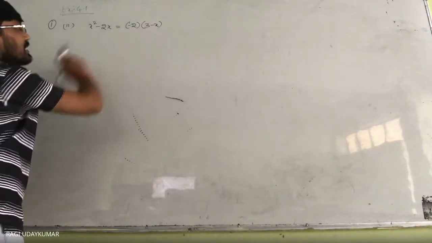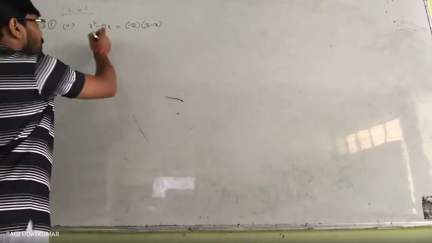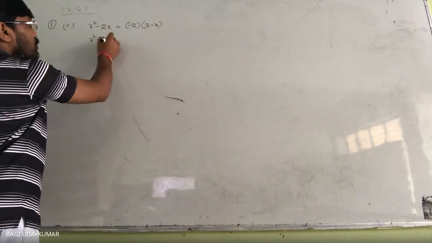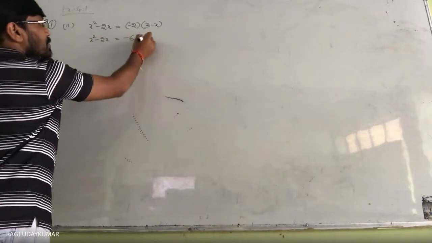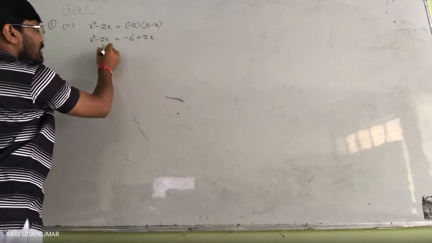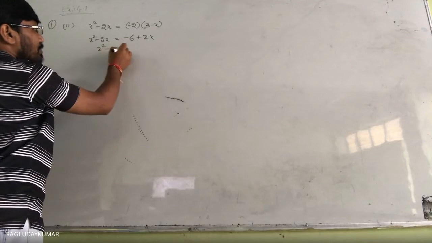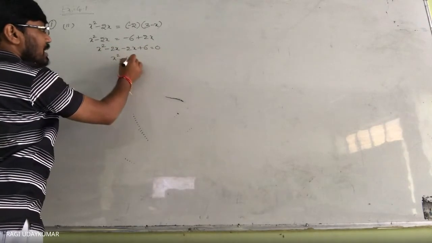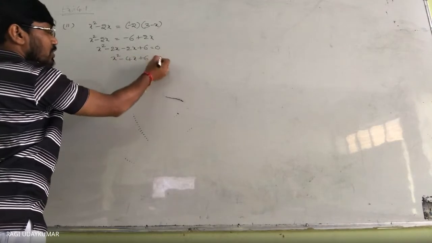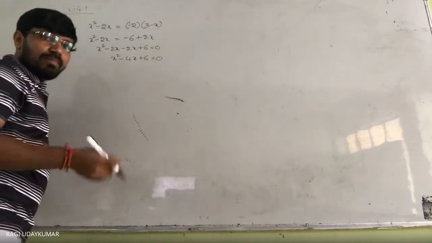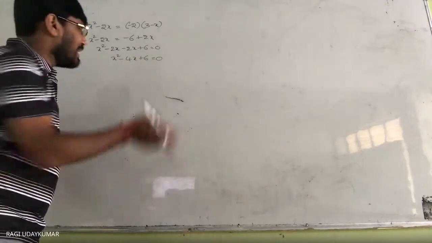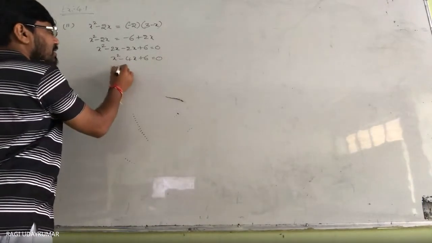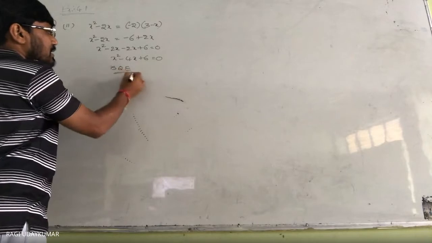So whenever you see this one, how it looks like here, I'm simplifying x square minus 2x minus 6 plus 2x. We are getting x square minus 2x plus 6 is equal to 0. x square minus 4x plus 6 is equal to 0. This is ax square plus bx plus c form. It is there, and a not equal to 0. a, b, c are real numbers. Therefore, this is a quadratic equation.